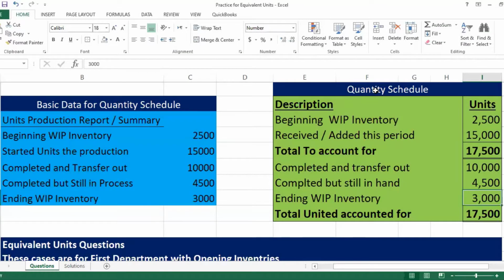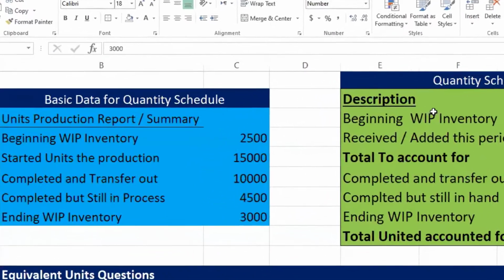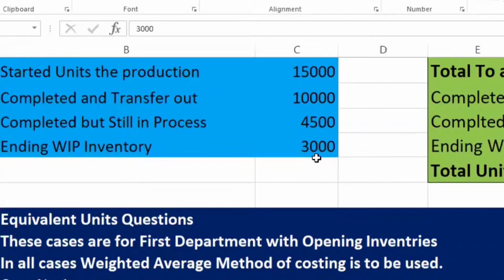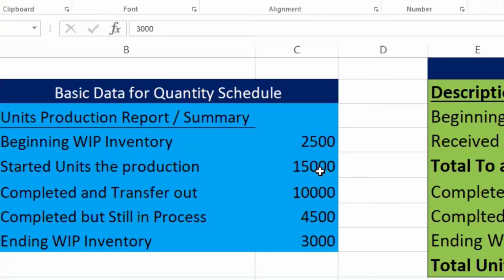This is the first schedule, which is quantity schedule. Then the next question is how to calculate equivalent unit. For the calculation of equivalent unit, we prepare equivalent unit schedule. For the equivalent unit schedule, we need some additional information, which is the stage of completion of the inventories, because